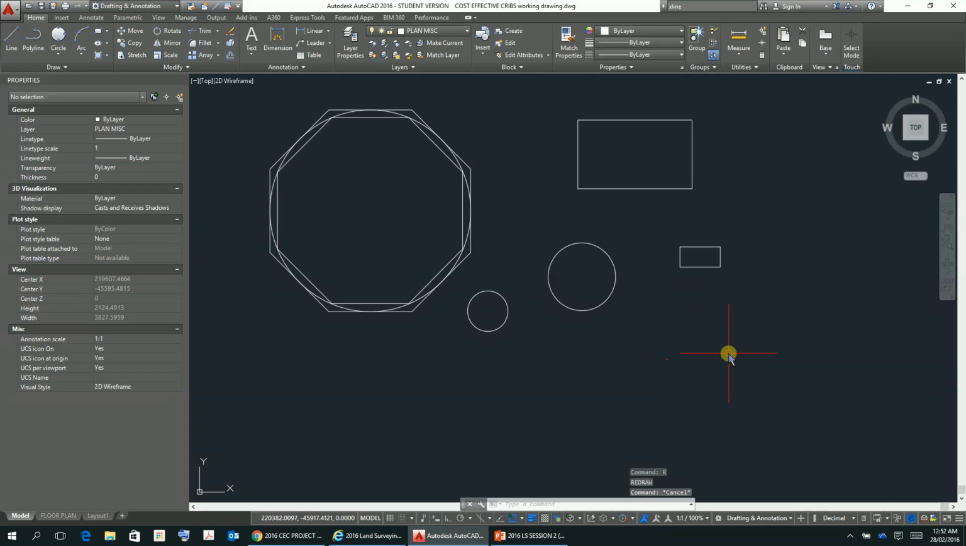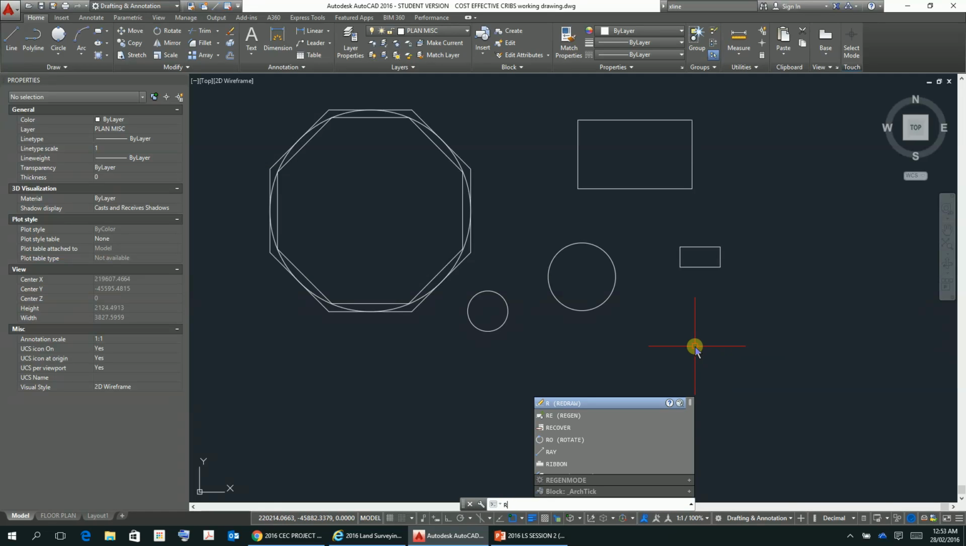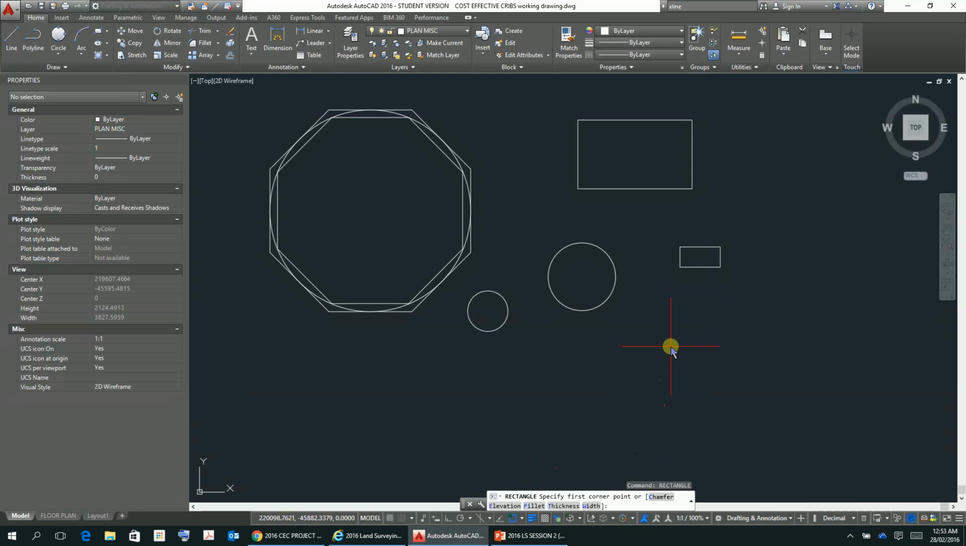Is that what it did? R, that's for redraw. So if you want a rectangle, C, T, and there's rectangle there. Rectangle. Okay, so we specify the first corner point, and then there's various other things like chamfer, elevation, fillet, thickness, and width, which are all various options,